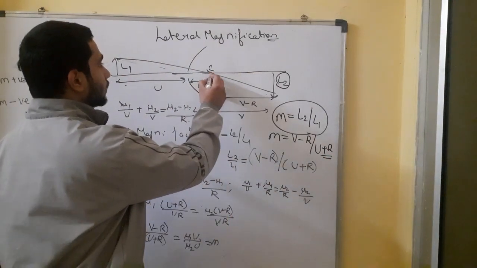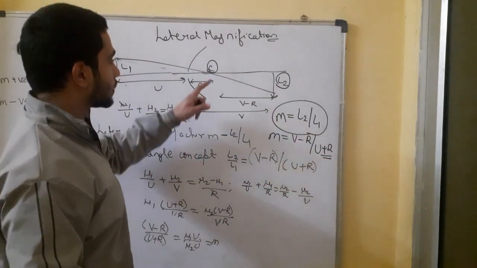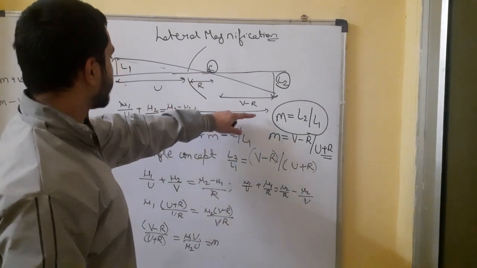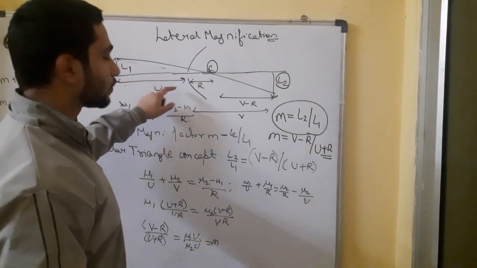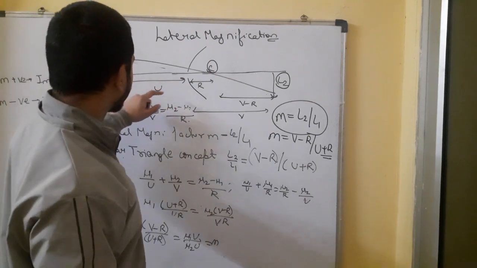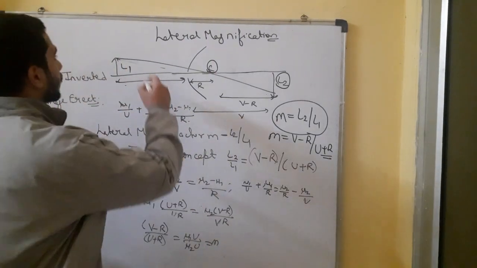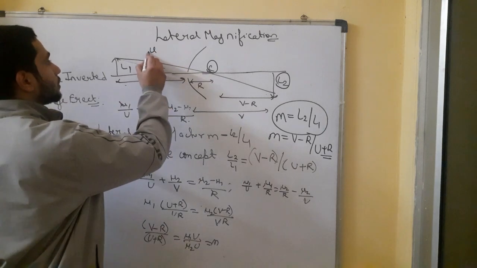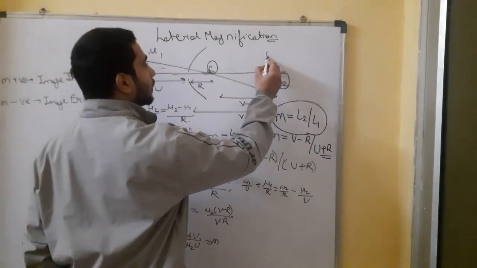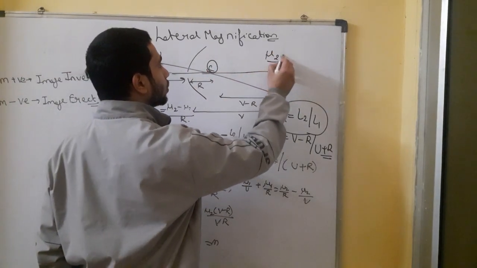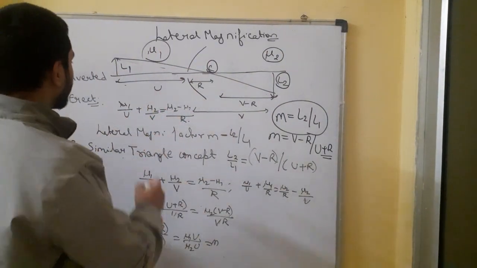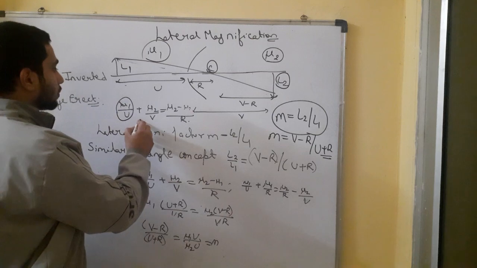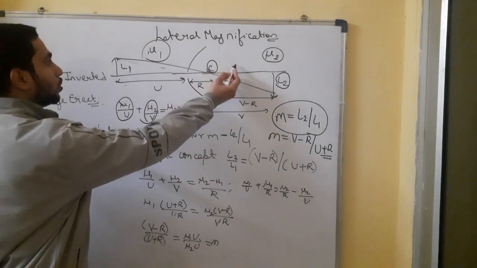What is C? C is here the center of curvature. V is the distance of the image from the spherical mirror and U is the distance of the object from the spherical mirror. So if the refractive index of this medium is mu1 and refractive index of this medium is mu2, so now we can write the equation mu1 by U plus mu2 by V is equals to mu2 minus